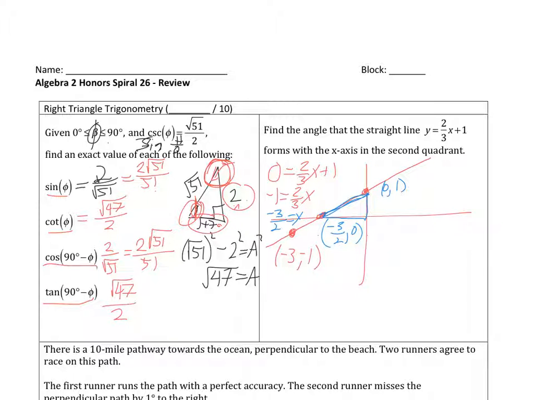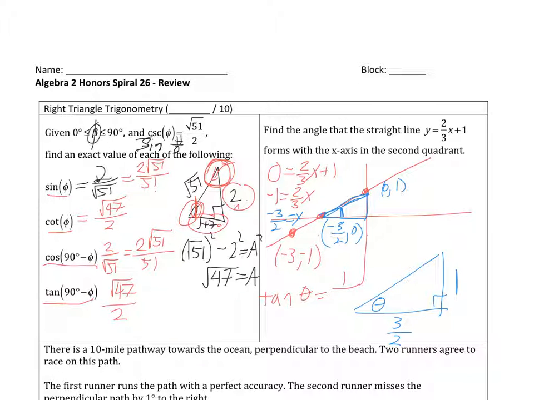And if we're looking for the angle in the second quadrant, we're talking about this guy right here. If I were to blow this triangle up, this would be a length of 3/2. This would be a height of 1, and that's the angle that we're looking for. This is going to be opposite and adjacent compared to that angle. So I could say that tangent of theta